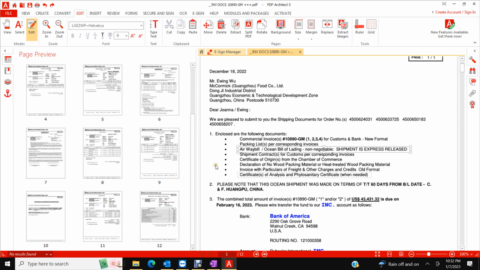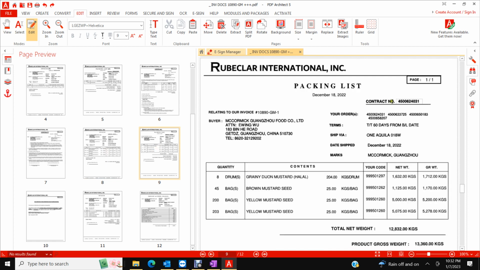Okay, all right. So you will notice also, we already saw the invoice. Now there's the packing list. There's the packing list, right? Look